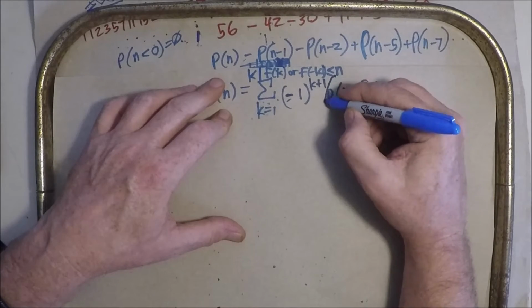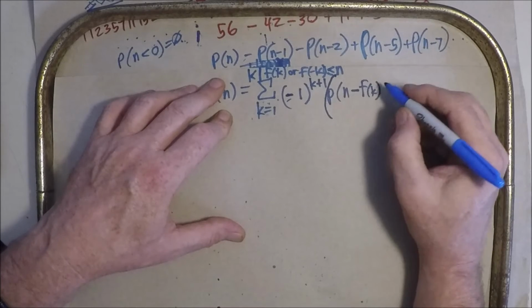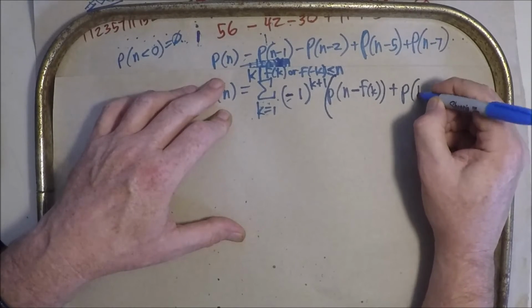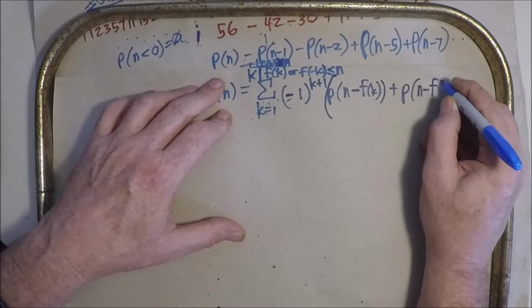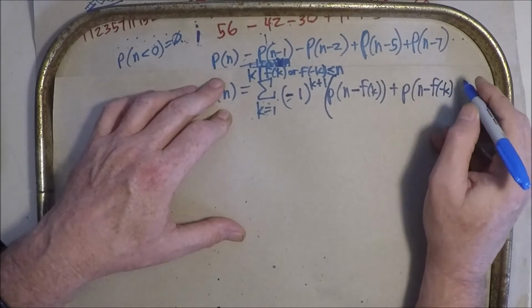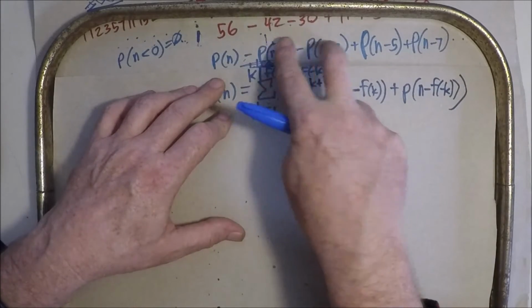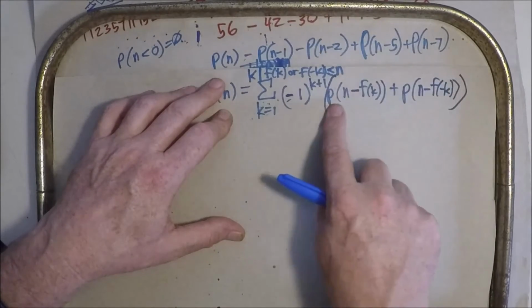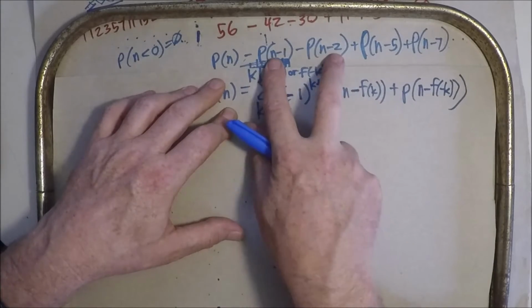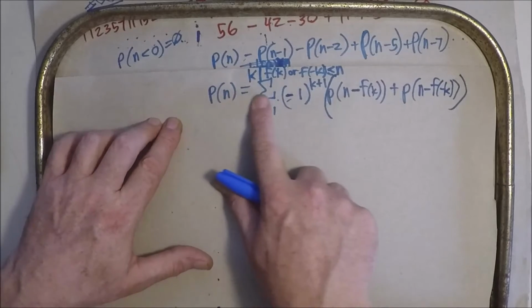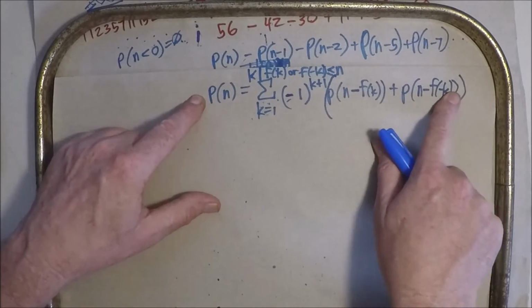And let's do this because we have a split here, plus p of n minus f of negative k. Alright, so that keeps our signs straight in pairs, and these are our pairs 1, 2, 5, 7, 12, 15, etc. And so this recurrence is a very famous recurrence from Euler,